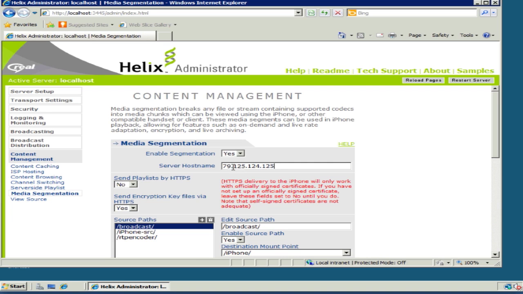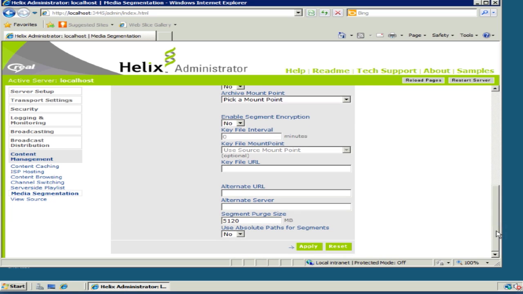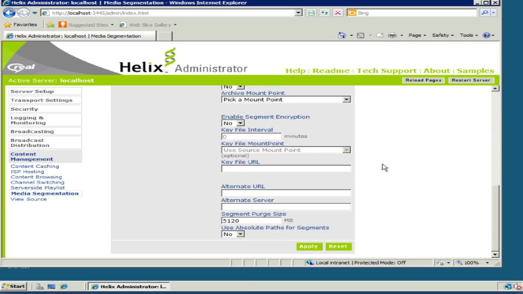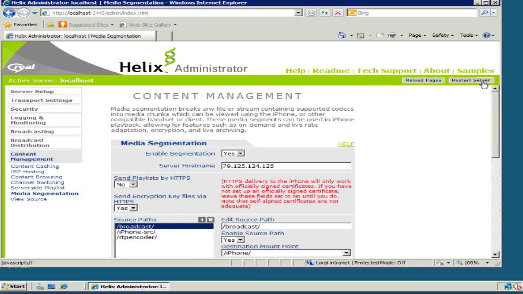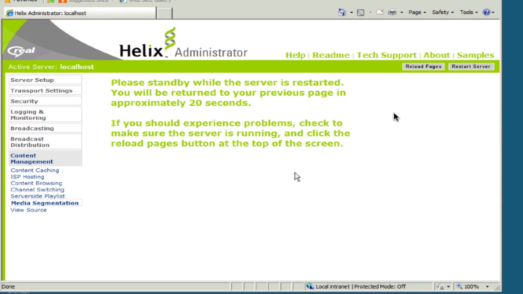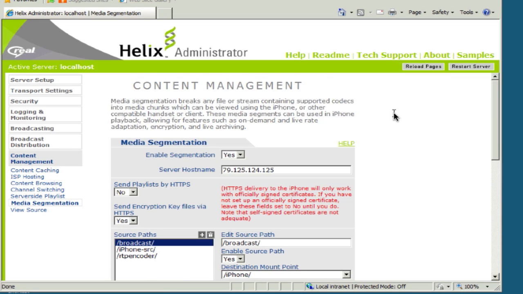I'm going to enter the IP address for mine. Apply the settings, and then I find it's best to restart the server. This will take approximately 20 seconds. Now that we're live, if you return to the samples page,